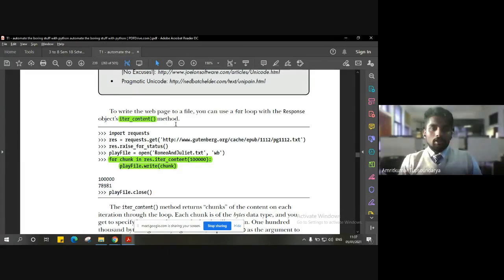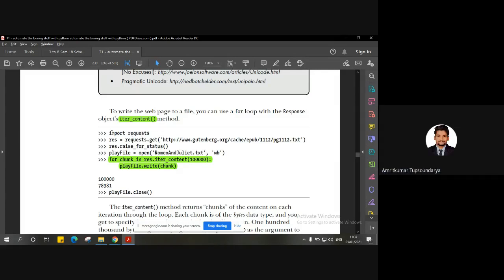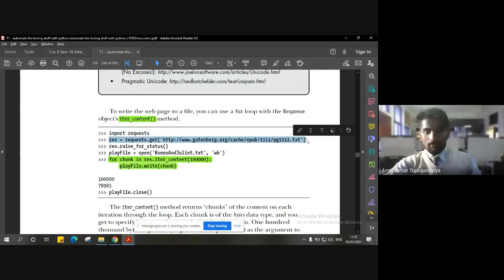It continuously checks for the content using the requests module. Using this requests module, this particular method continuously iterates to request the content. For that, we have to, of course, import requests and give the URL from where we have to download the content.